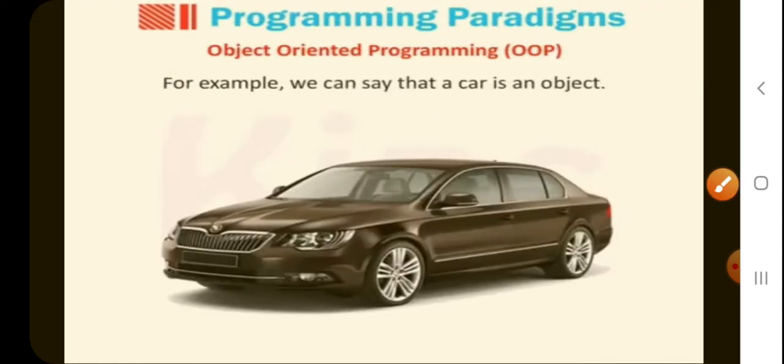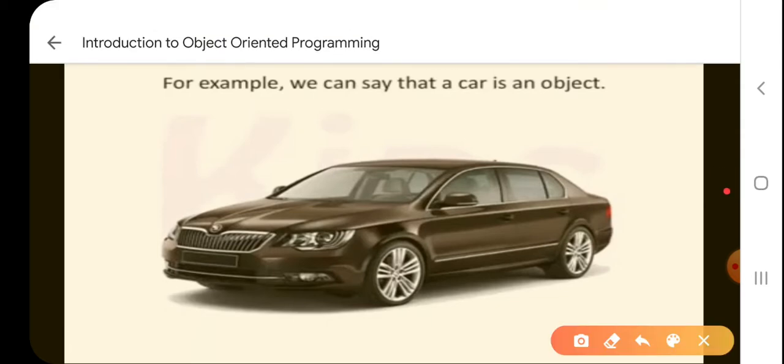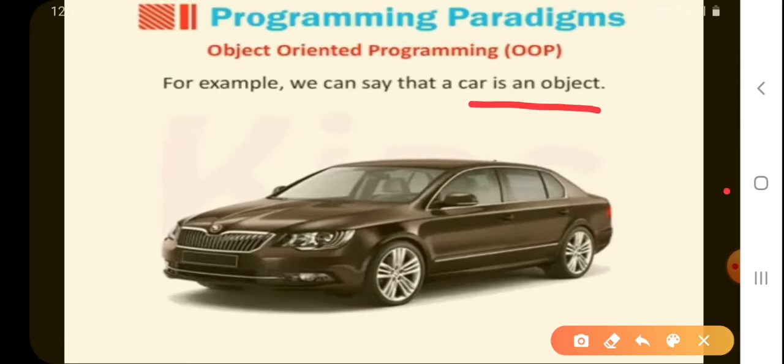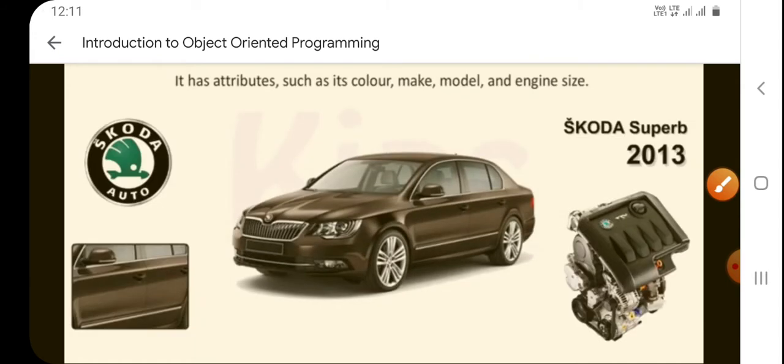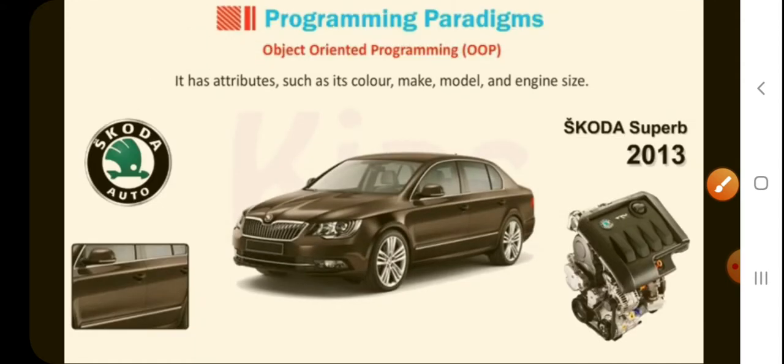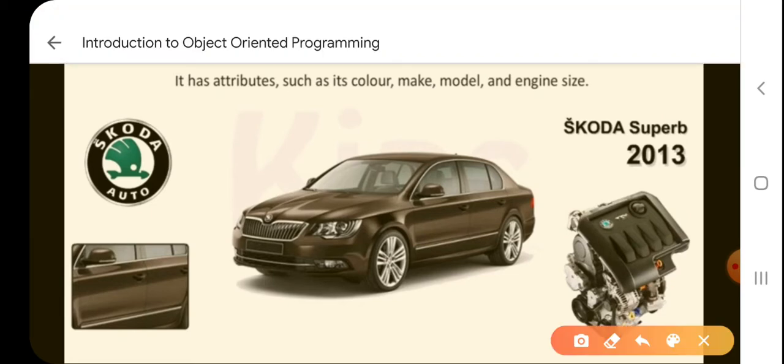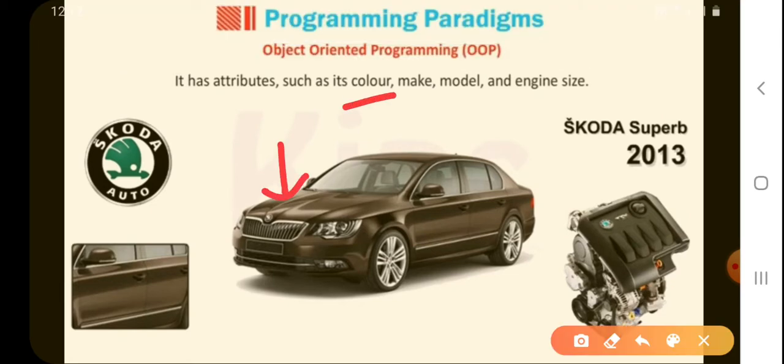For example, we can say that a car is an object, right? Now, this car will have its attributes. What are the attributes of this car? Its color. Can you see this color? The brown or black color over here is an attribute of this car.